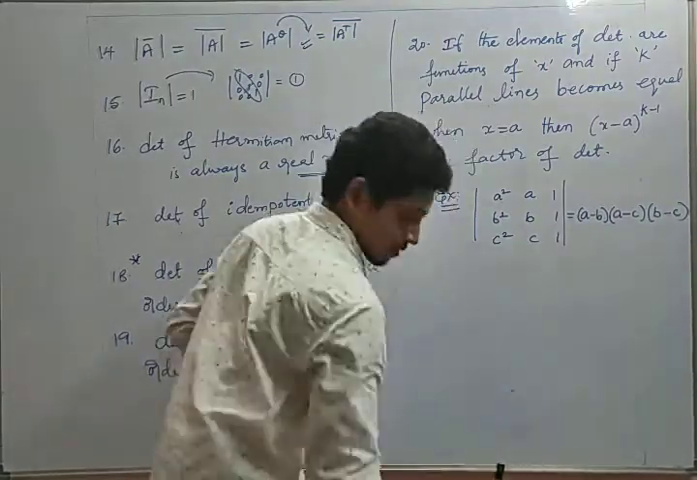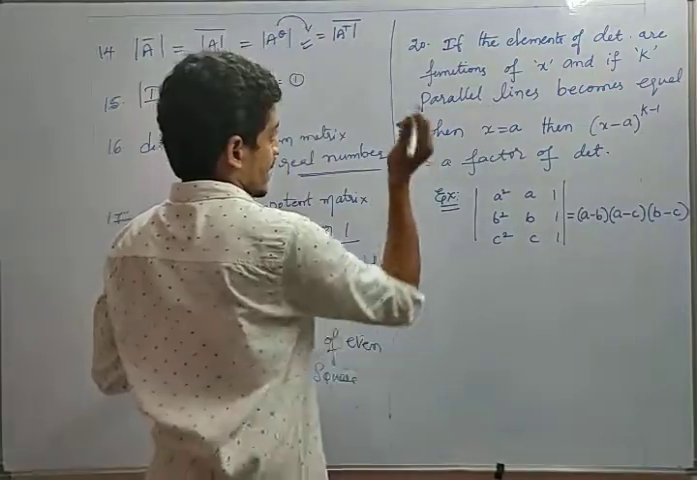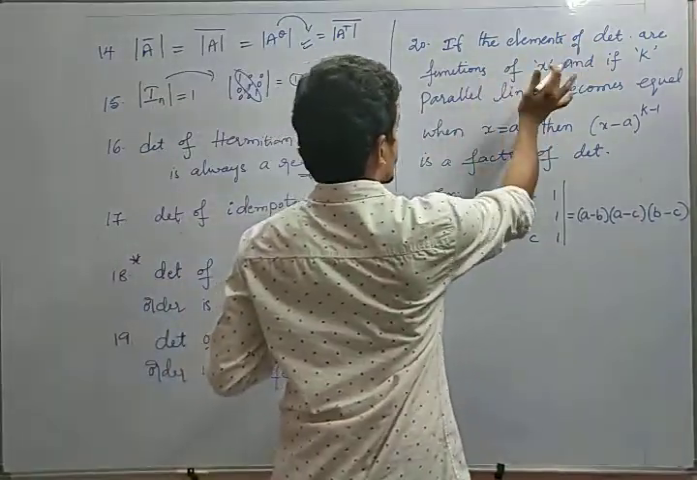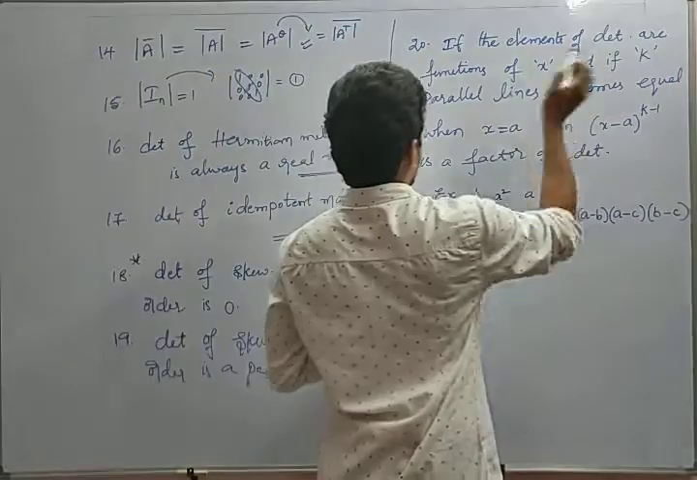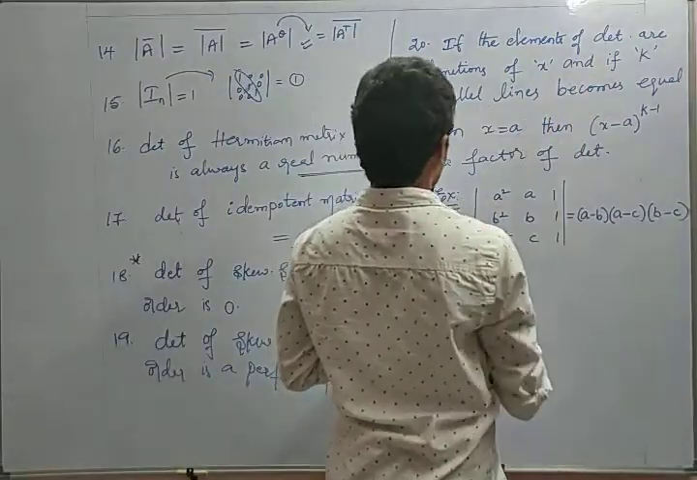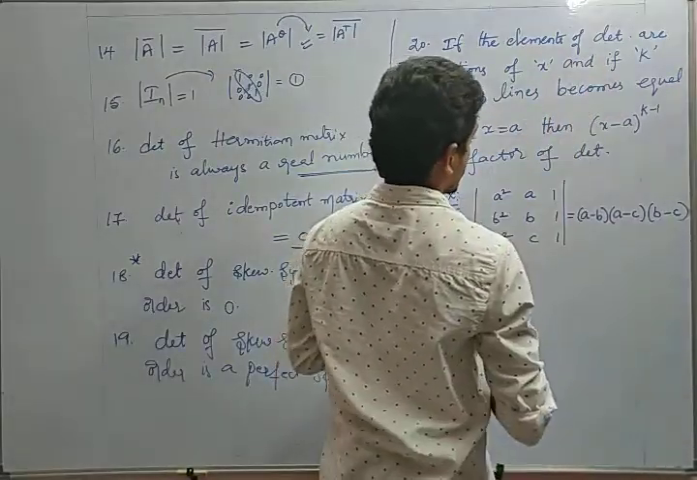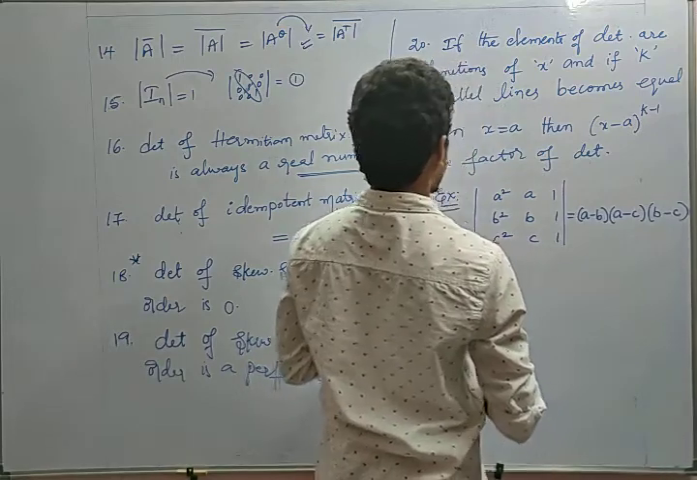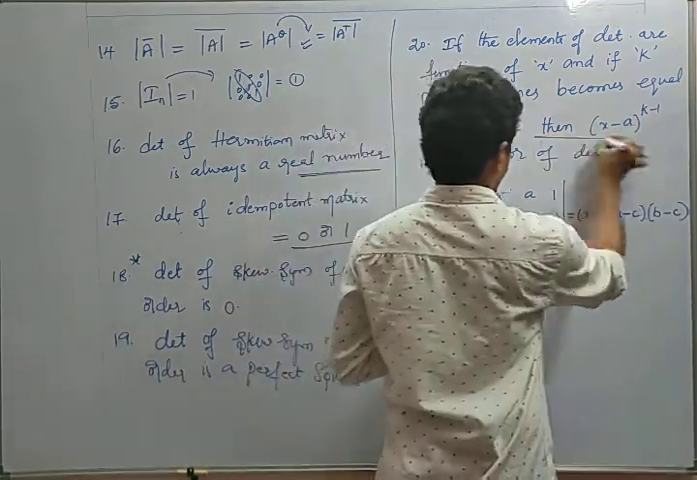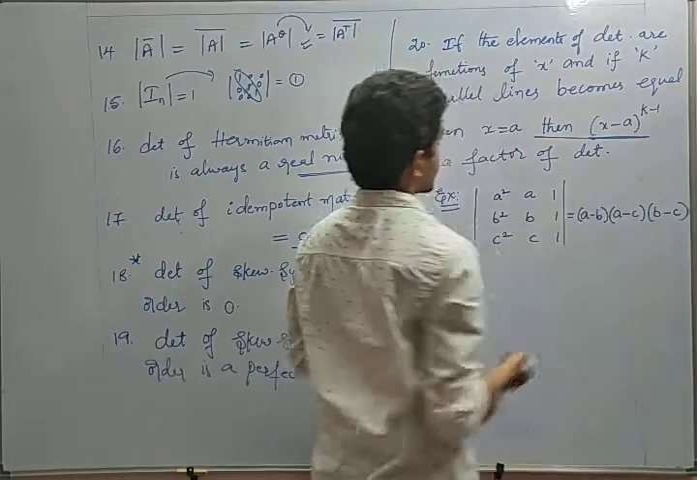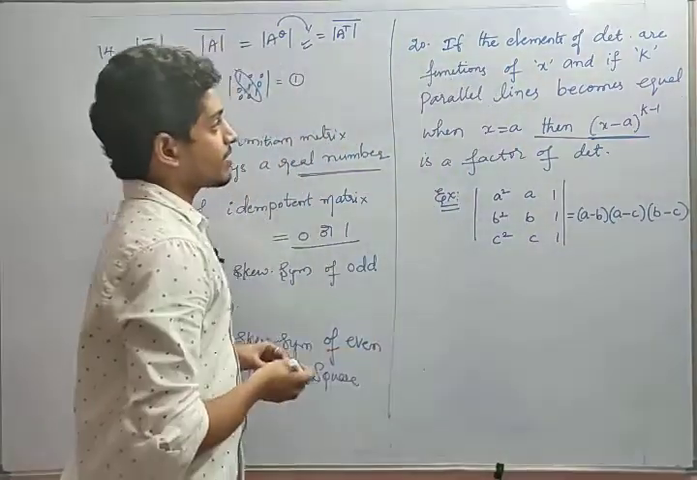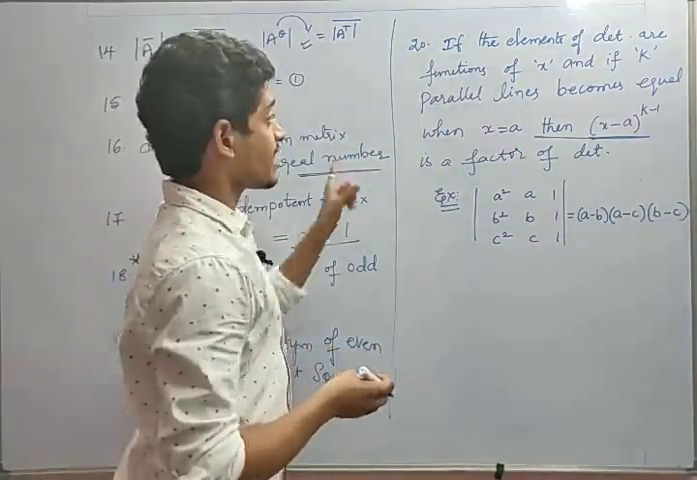Look at this last question. If the elements of the determinant are functions of x, and if k parallel lines become equal when x equals a, then (x minus a) to the power k minus 1 is a factor of the determinant. This is very important. Suppose the elements are functions of x and k parallel lines become equal